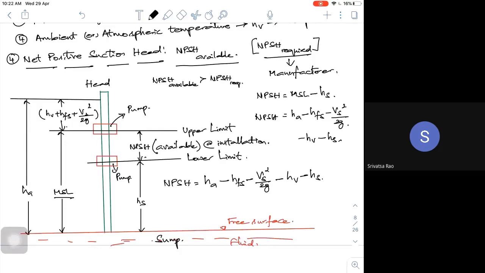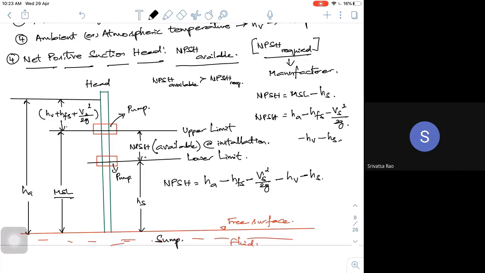Then only the range should be more. You will tell that it will work under 0.2 meters. So your NPS, so that particular thing, it all depends on which place. A lot of manufacturers will give that, please use a 1-inch pipe diameter, and the length of the suction pipe. Maybe some manufacturers will clearly give that the suction pipe will work under 1 meter. Suppose you might have put a 1.2 meters length of pipe. So at that particular point, your NPSH will vary.